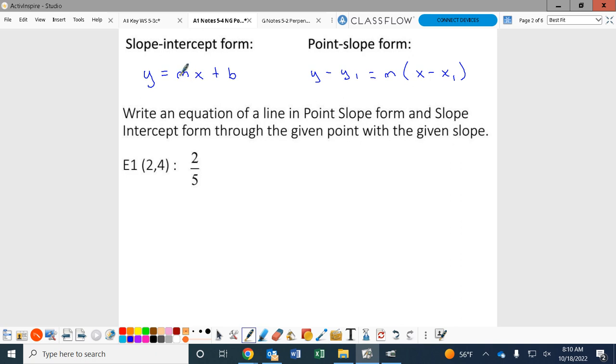So when you write an equation in point slope form and slope intercept form, you're going to start with a point and a slope, so you're going to start in point slope form. We've actually already done this. We did this from our other set of notes. So getting started on this, you would start off with